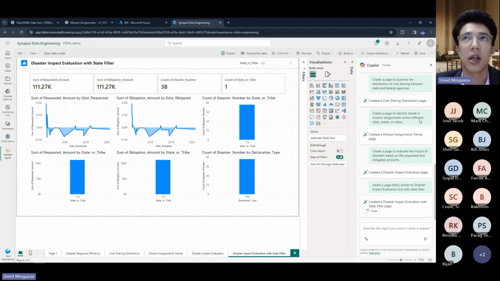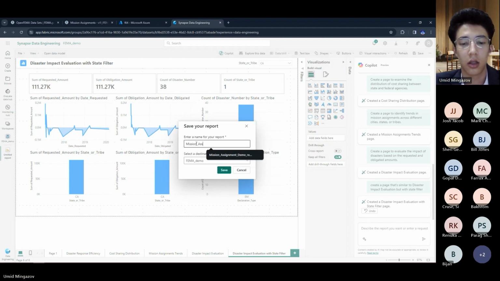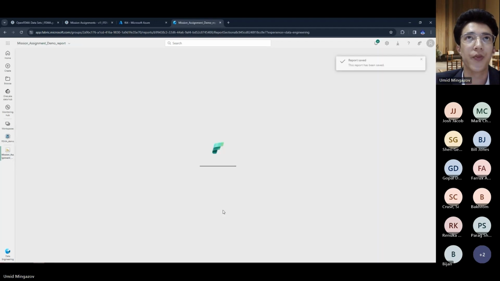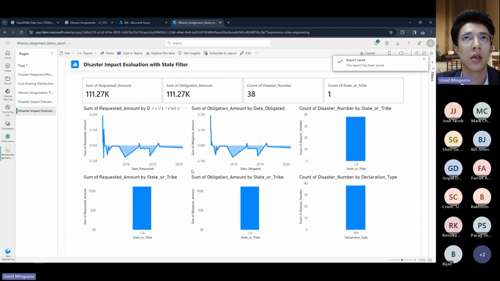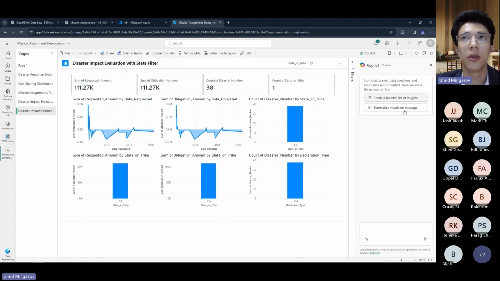Now that my report is ready, I can save it, right? And let's give it a name. For example, mission assignment demo report. Let's save it. Great. Now, with this report, I can interact even further, right? I can ask some basic questions about the report as a business user. For example, create a bullet list of insights. So it will highlight everything that's